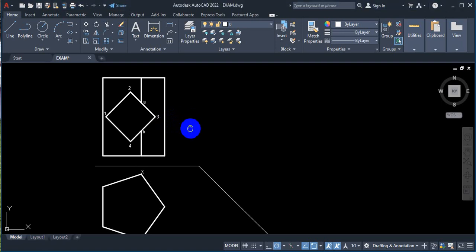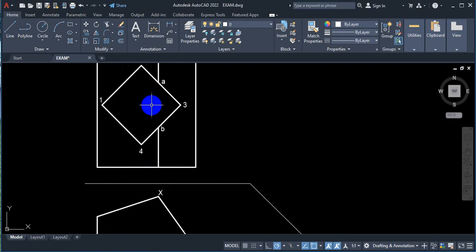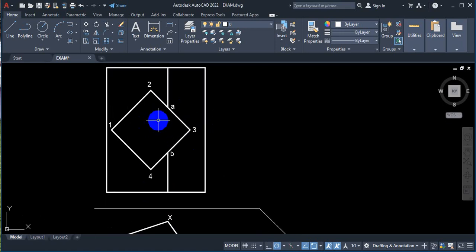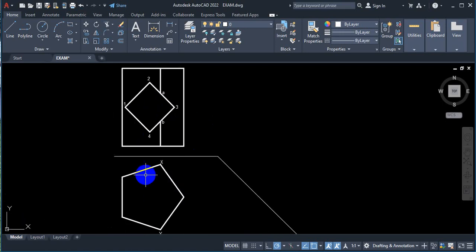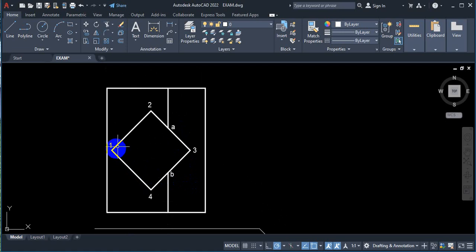So here we have two views given, the top view and the front view. Here we have an interpenetration question, where this is a square hole, and we have the main piece as a pentagon. Top view, front view. Where we have numbers 1, 2, 3, and 4, these are our end points, also known as